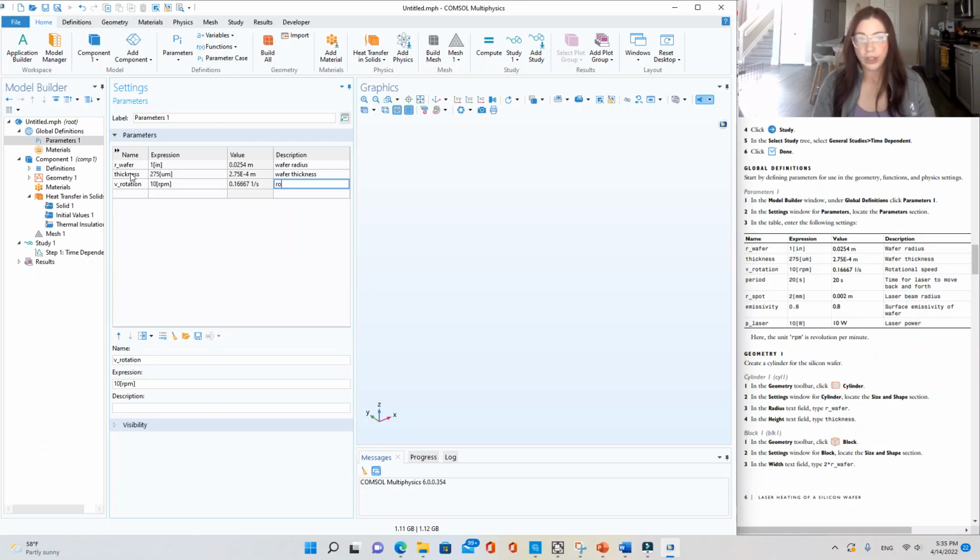And this is the rotational speed, 10 RPM. If you want to speed through this part, I should start adding chapters to my videos so you can skip through to different parts, like parameter input, geometry modeling, boundary